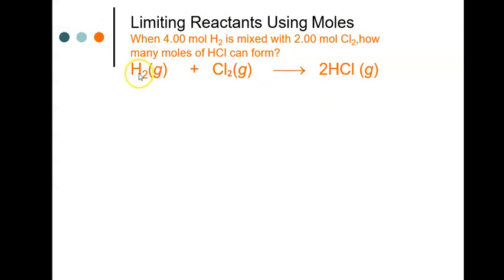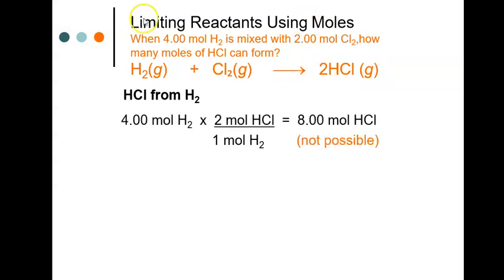So you have 1 mole of hydrogen here and 1 mole of chlorine to give you 2 moles of HCl. So the mole ratio is 1 to 1 to 2. Alright. So let's start from hydrogen. Remember, whatever you are given comes first. So 4 moles of hydrogen goes down here. And remember, the first thing to do is to write the units at the bottom as well, so that you know this will be your